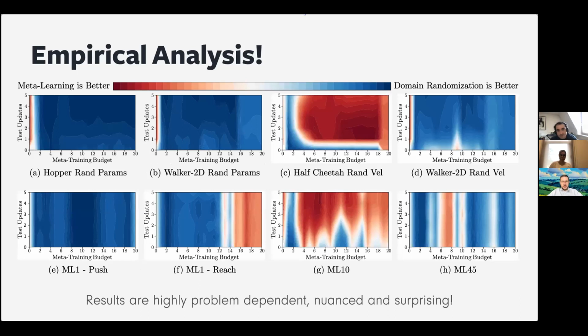If you do this analysis, it's quite interesting. It's very nuanced, and it's also surprising in a way. Normally, if you look at meta-learning papers, you see a bunch of good results showing meta-learning works much better than ERM. That is not the case for us when we evaluate over the entire space. In many problems, DRS outperforms MAML or meta-learning significantly, so you don't get anything from doing meta-learning. There are some problems, specifically HalfCheetah and this MetaWorld problem, in which after you reach some specific sample complexity, some number of data points and number of tasks, MAML starts to perform well.